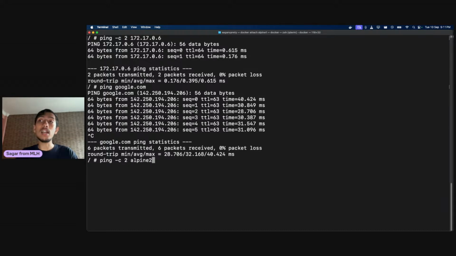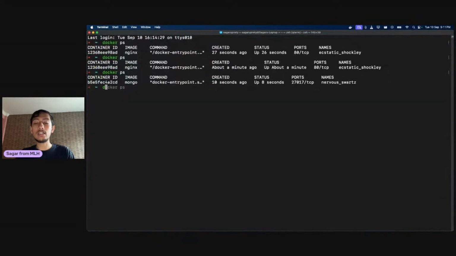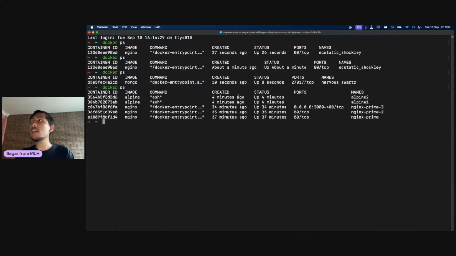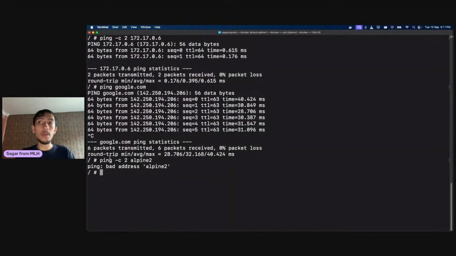So if I try to ping my container by the name of the container, which you remember, if you go over here, that's going to be docker ps. The name of my container was Alpine 2, right? Alpine 2. If I try to ping it by the name, then I will not be able to connect, because by default, this is a very, very crucial point. Please remember, folks,